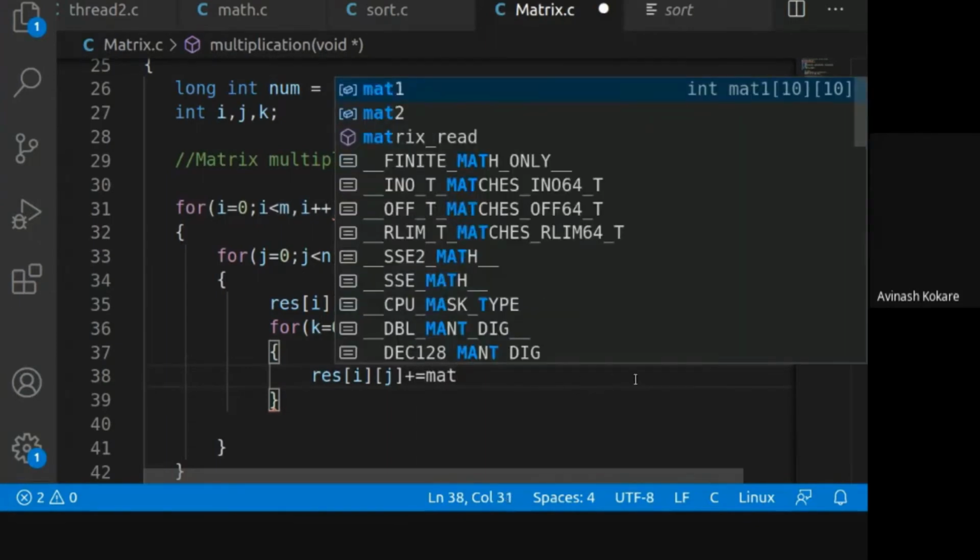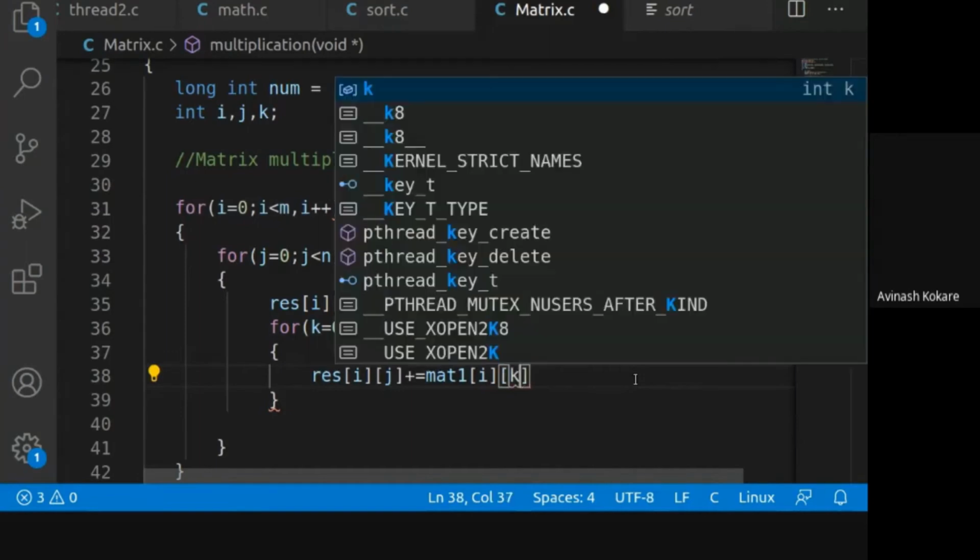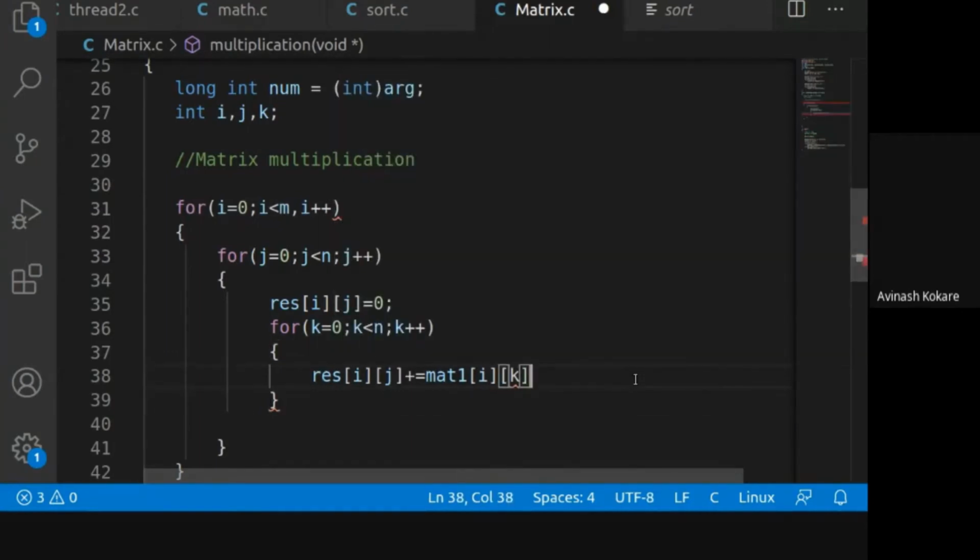And multiplication, matrix 1 of the indices that are changing, so indices of ik, into the matrix 2 of, now tell me what will be the value here.